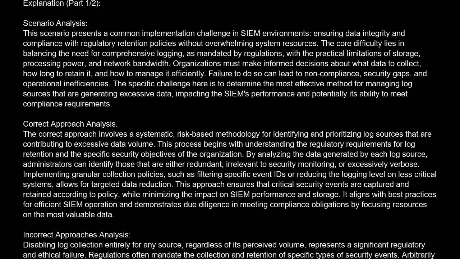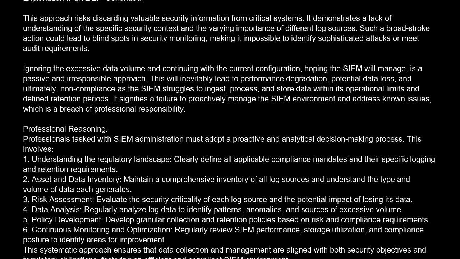Implementing a blanket policy to reduce the logging level on all log sources without prior analysis is also professionally unacceptable. This approach risks discarding valuable security information from critical systems. It demonstrates a lack of understanding of the specific security context and the varying importance of different log sources. Such a broad-stroke action could lead to blind spots in security monitoring, making it impossible to identify sophisticated attacks or